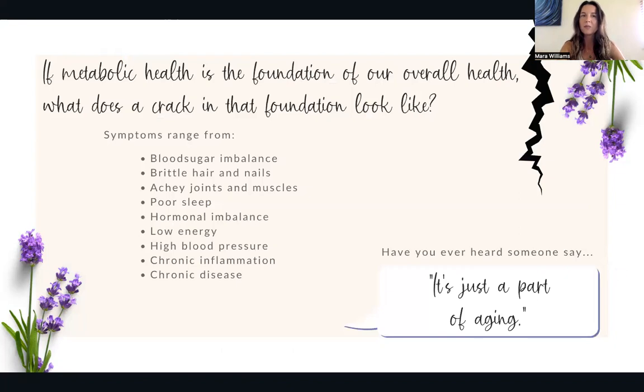And here it says, if metabolic health is the foundation of our overall health, what does a crack in that foundation look like? What are maybe some of the symptoms that we might be experiencing when our metabolic health is poor? Blood sugar imbalances, brittle hair and nails, achy joints and muscles, poor sleep, hormonal imbalances, low energy, high blood pressure, chronic inflammation, chronic disease. Have you ever heard someone say, well, this is all just a part of aging? And this is what I am starting to realize is not necessarily true. However,